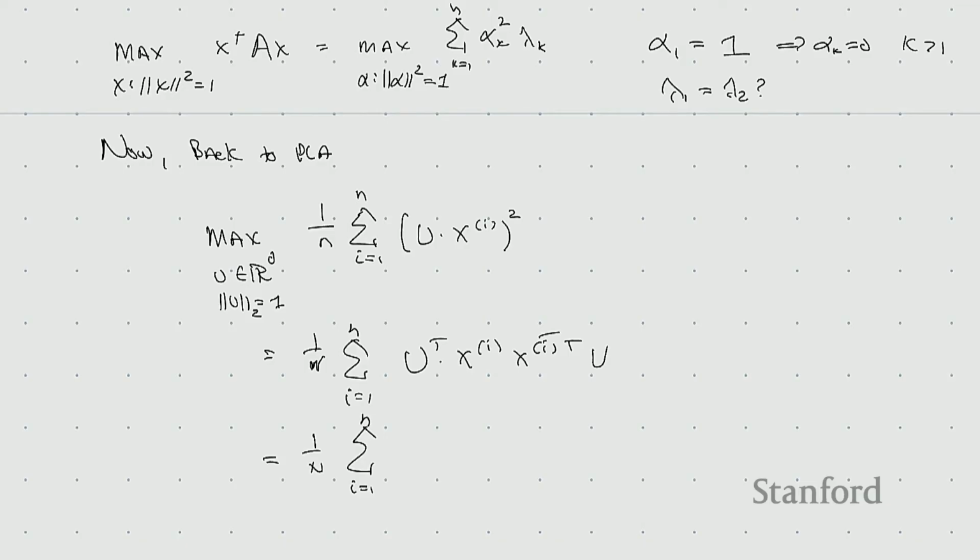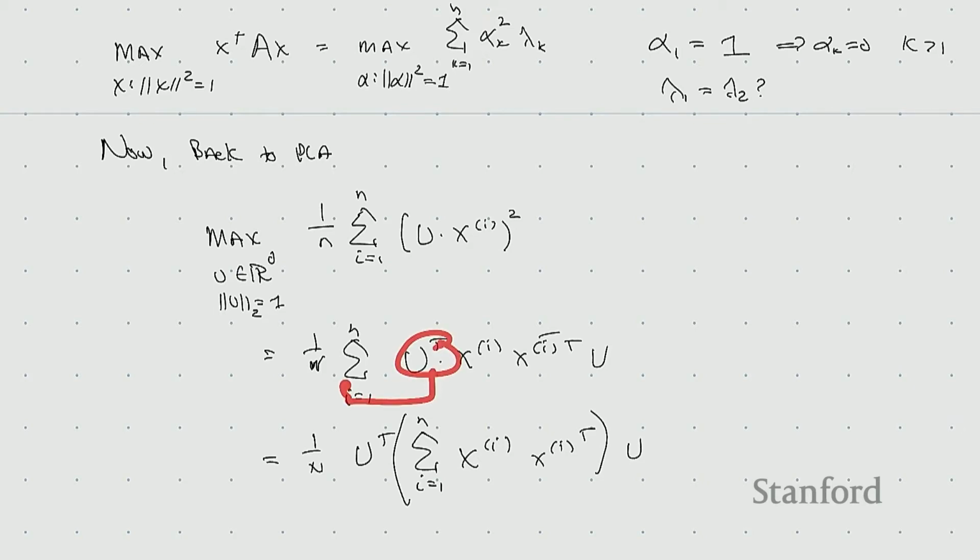Okay, so now I can pull out the u's because they're on the outside. This is u transpose, sum i equals 1 to n, xi transpose u. Okay, why is that? Because this is linear, so I can pull this out of the sum. And all of these things are paired up. This thing here